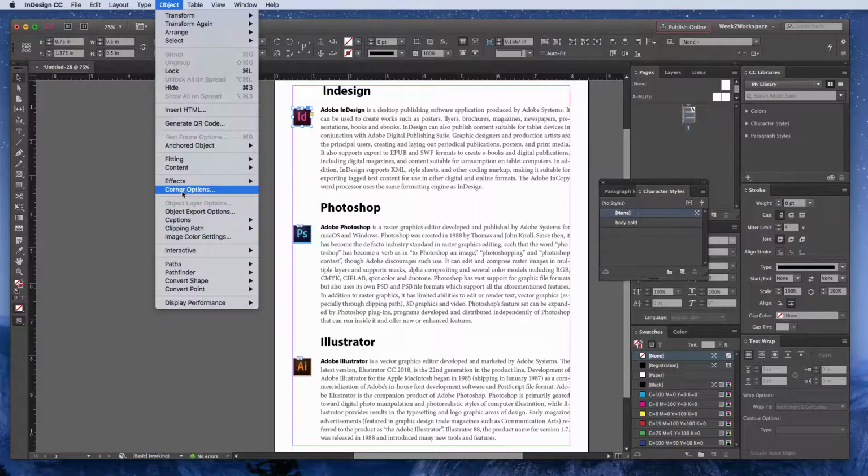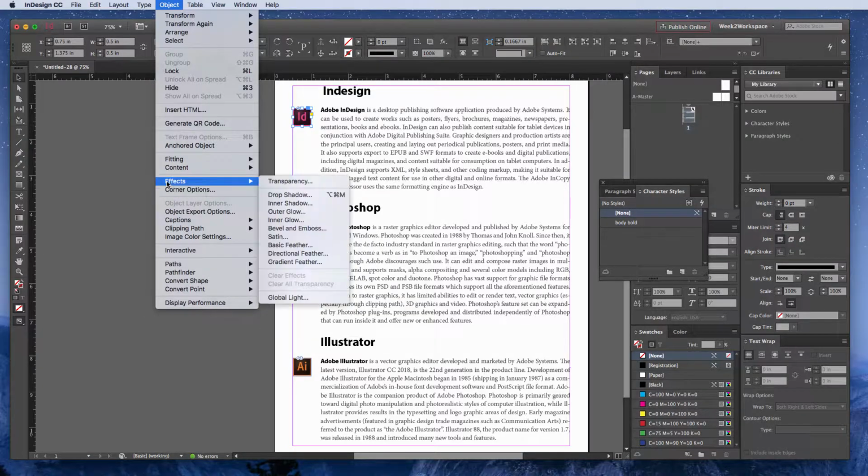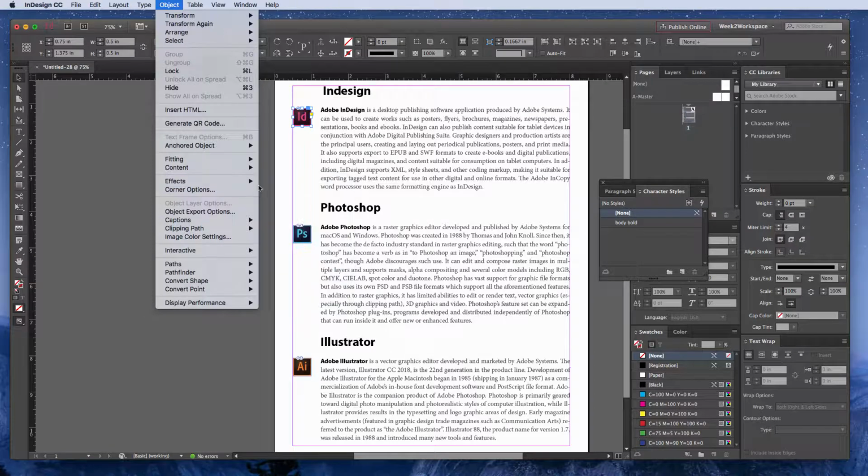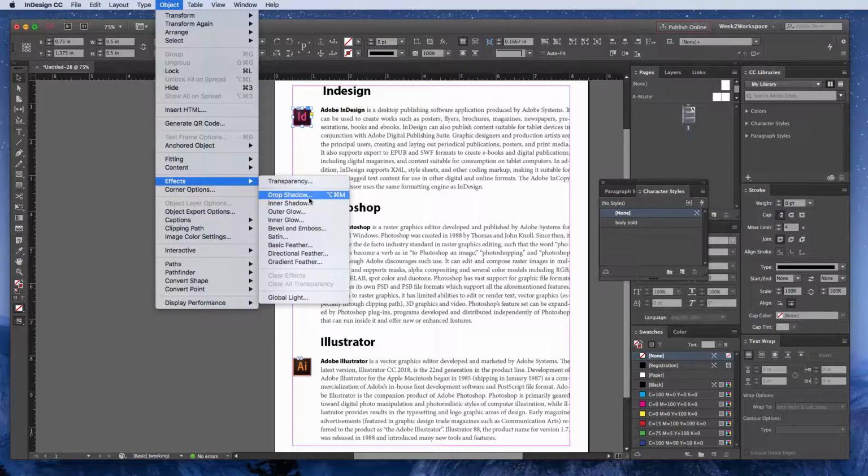This is another way to change the corners if you want them to be rounded. But I'm going to go to Effects, and if you've used Photoshop or Illustrator, you've probably seen these before, where we have transparency, drop shadow, inner shadow, outer glow, bevel and emboss, all of these interesting things that we can play with. I'm going to add a drop shadow, so I'm going to click on drop shadow, and